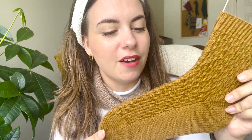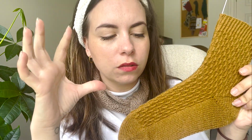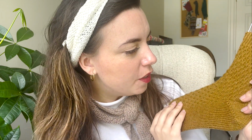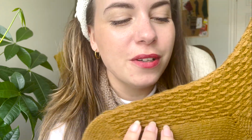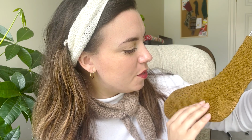It's really simple, but I feel like in this yarn and in this colour, it's just so good. I just love it. They look like little corn, is it barley or corn? I don't know. These little purl twisted knit stitches look like little tiny, I don't know what they're called, but yeah. So the stitch pattern is